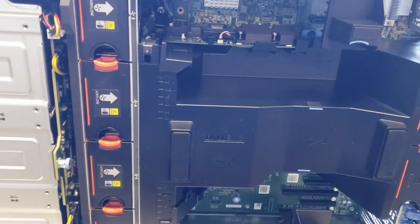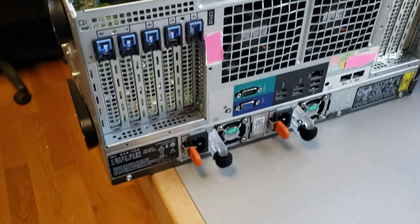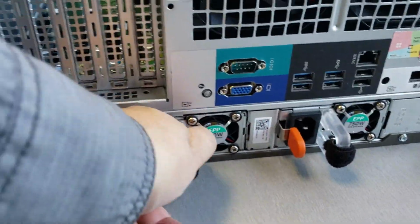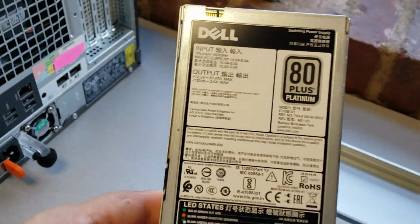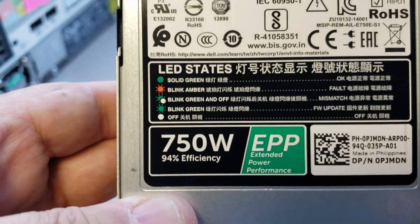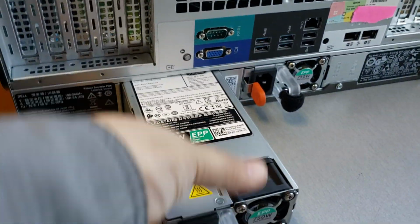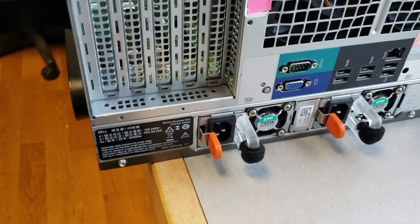So what I'll do is I'm going to pause this and just flip this over on its side. This server has dual power supplies, and they are removable. These are 750 watt drives. So if I have a failure of one power supply, the other one will continue to keep